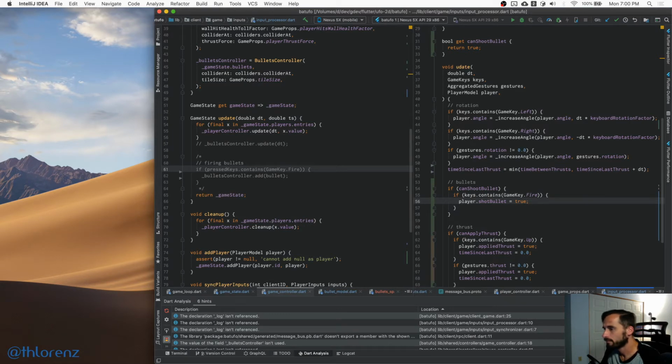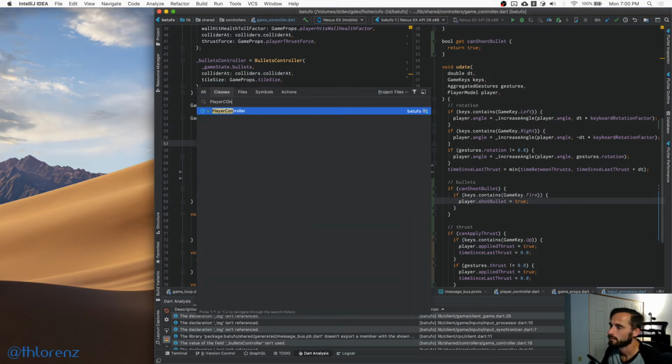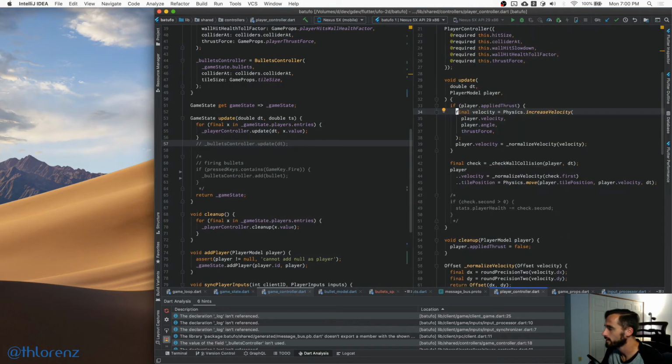Now, what needs to happen now? We need to go to the player controller and tell the player controller that if I shot a bullet, you need to actually create a bullet. And that's where it gets a little bit dirty, because the player has no notion of spawning bullets, right? Like, it shouldn't have. It's more like we need to go